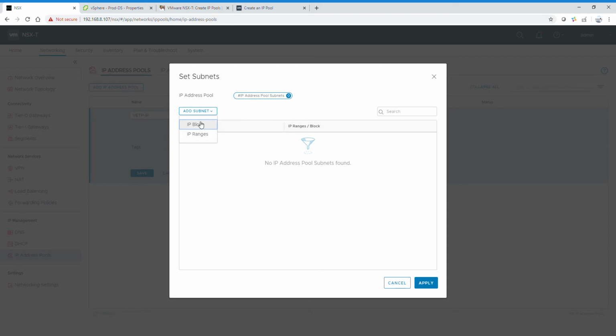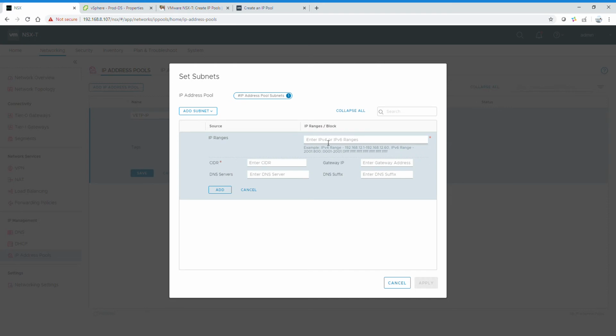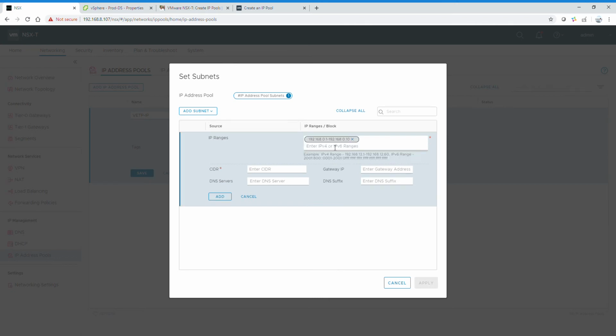Add subnet. Two options: I can either use an IP block or an IP range. So I'm using an IP range, and I just need to mention the range that I'm going to use, right? I'm going to use the 192 range, and just add items. You click here, then mention the CIDR that you're going to use, 192.168.0.0/24, and also mention the gateway that you're going to use, right? 192.168.0.254 is my gateway. Just add it,